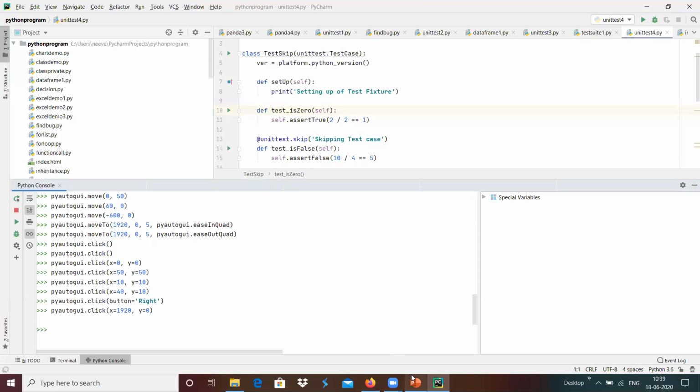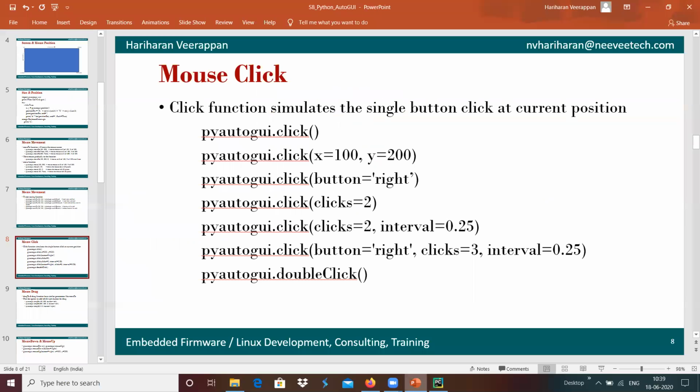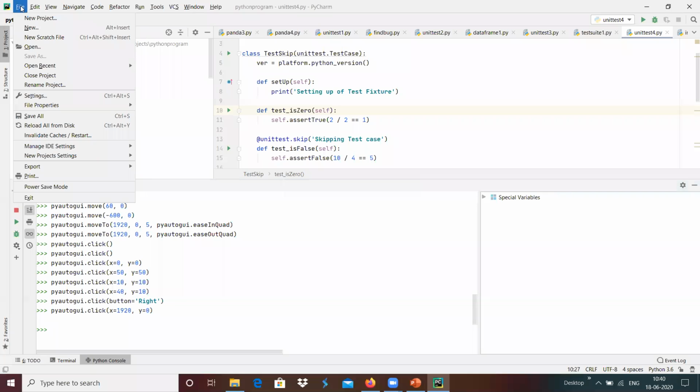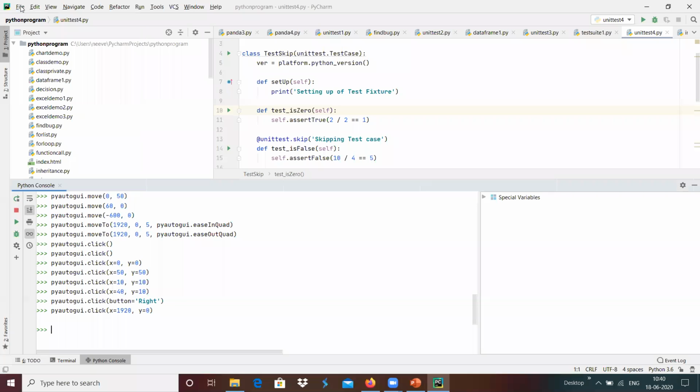In a similar way, we can give multiple clicks. For example, we can generate a double click with clicks equal to 2 with an interval of 0.25. For example, I have this menu, and whenever I press this over here, after some time I press again, and the menu has to go away.